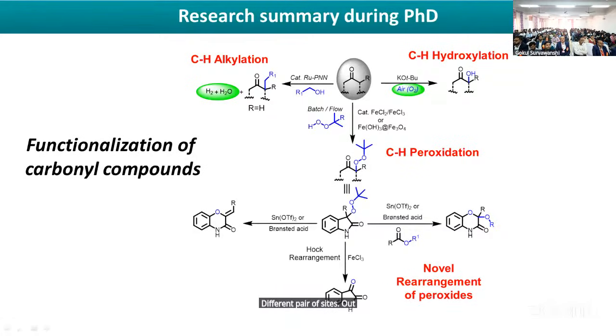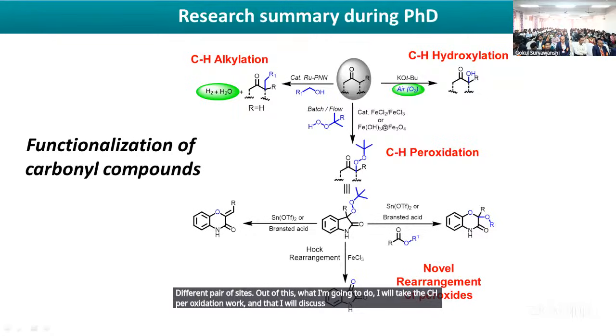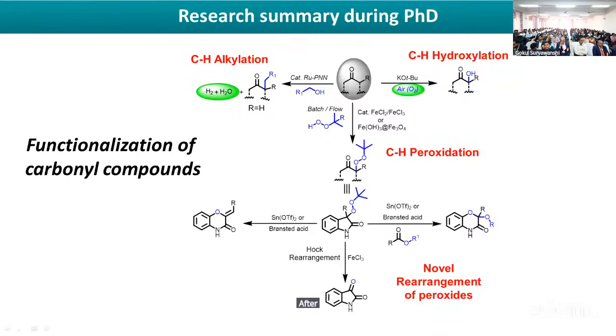Out of this, I will take the C-H peroxidation work, and that I will discuss briefly. After that,